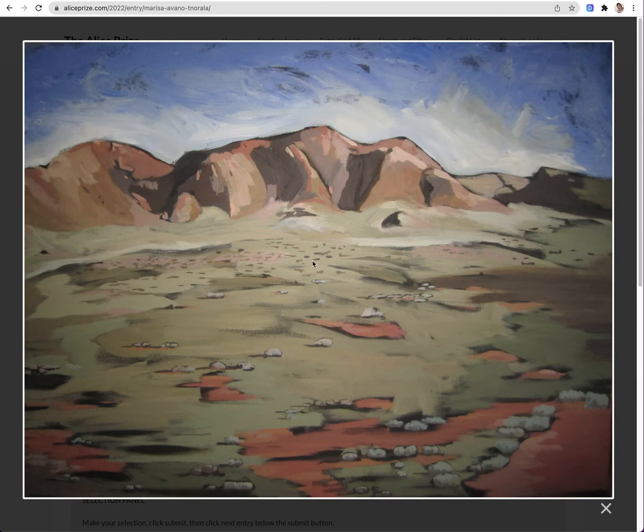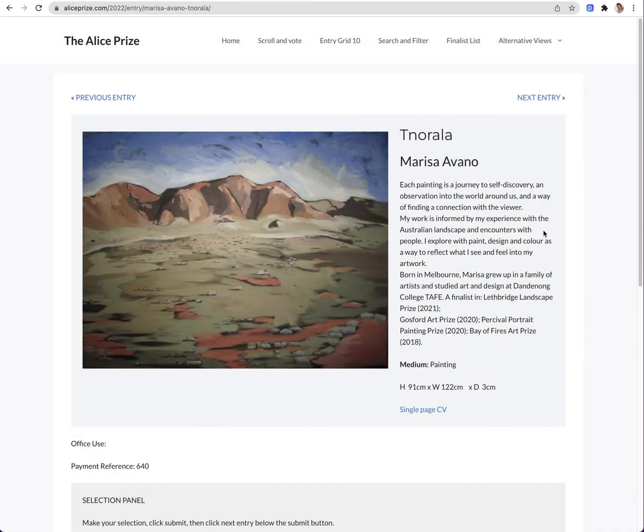and once it's opened, there's an X down the bottom right hand corner that you can click to close the enlarged image, or you can just click in the grey section around the edge and that will close it and bring you back to that entry. So that's scroll and vote. It just takes you through from the start to the finish. So if we go back to home,